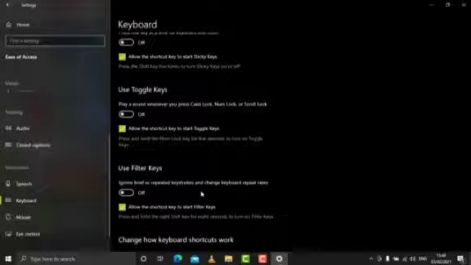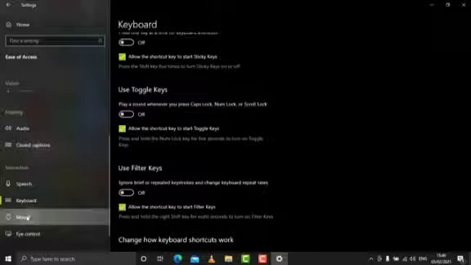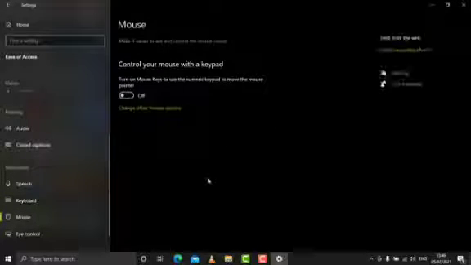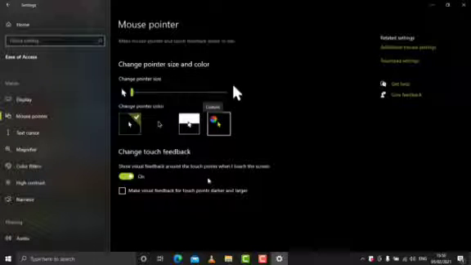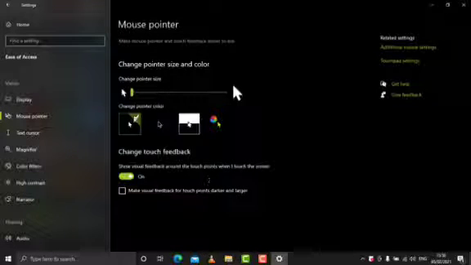The next thing is, if a person cannot use the mouse properly, some options are there for them. So click on mouse, and a number of options get displayed. We can change the color of the pointer, so we can make it this, or we can make it this, whichever color you want.